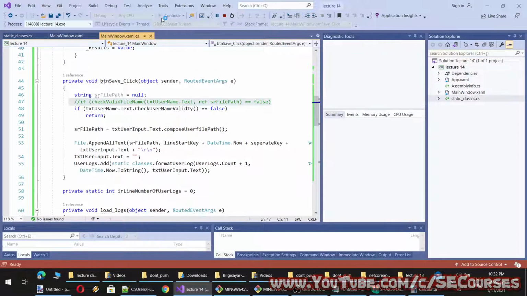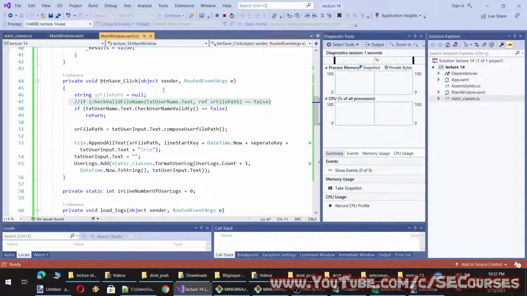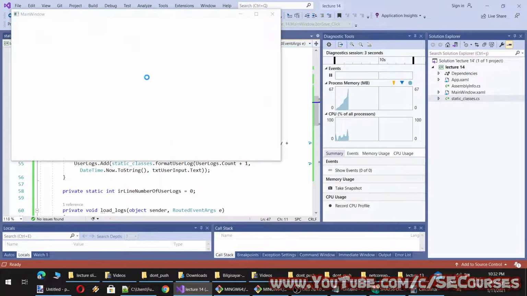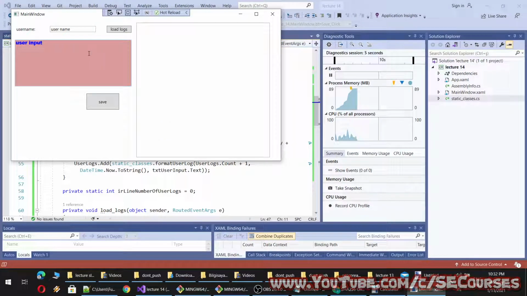All right, you see after each stage, each feature that you have coded, you have to test your application. Otherwise, if you write everything and then try to make it run, you will have lots of errors and you won't be able to fix them. So after you add a new feature, you just need to verify that it is working or not. Simply that. So we don't even need to first load the logs.